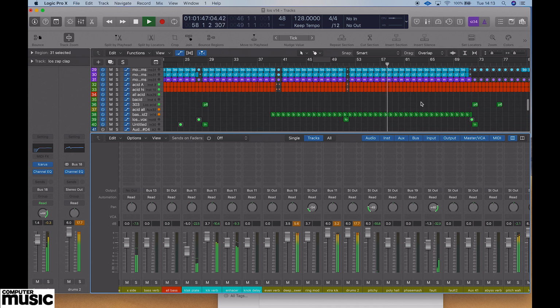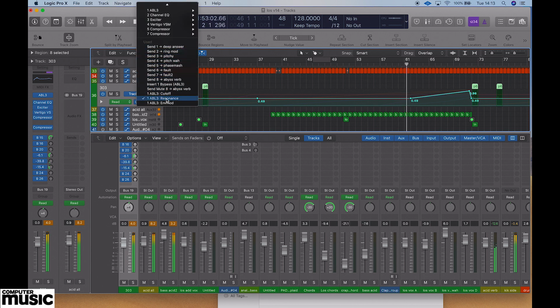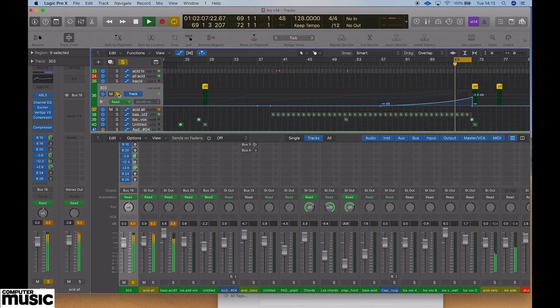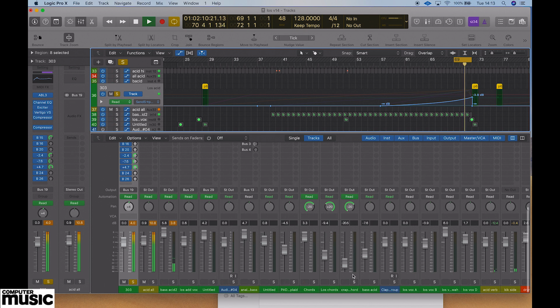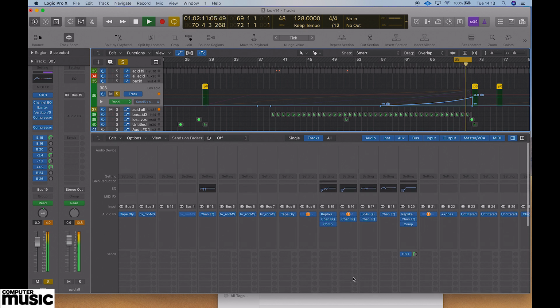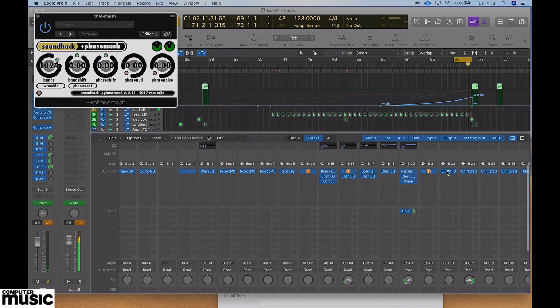So yeah, there's a lot of automation on the acid line on this. You can see loads of different layers of automation. It's running into a ring modulator, pitch shifters, and an effect called Phase Mash, which is a great plugin. I think it's lost its settings, but Phase Mash is